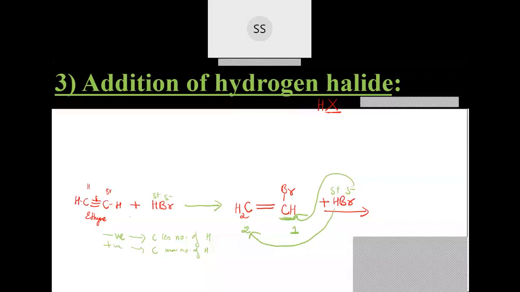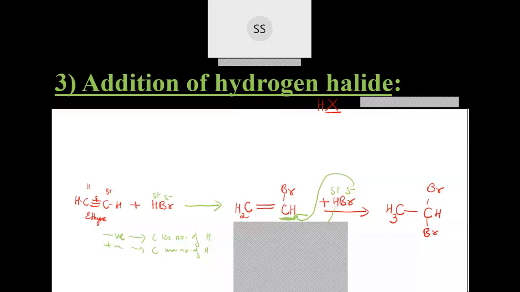So the compound you will get will be CH3, I'm adding one hydrogen extra here, then a single bond, then CH. One Br was already existing on the carbon, and one more Br you are going to add on this side. Now what type of halide is this? Is it a geminal halide or a vicinal halide? Can you answer what is geminal and vicinal? You remember, no? So my question is, what type of halide are you getting here?